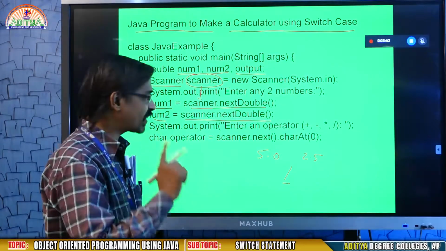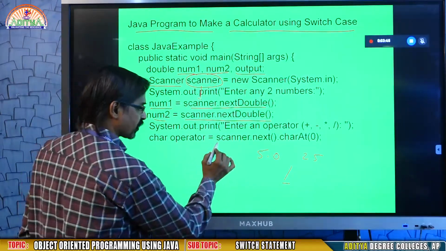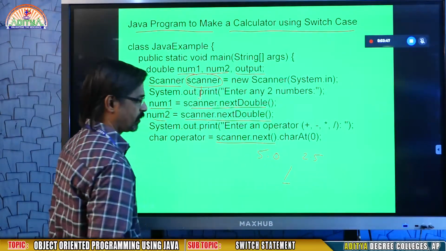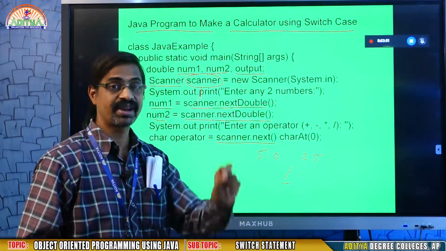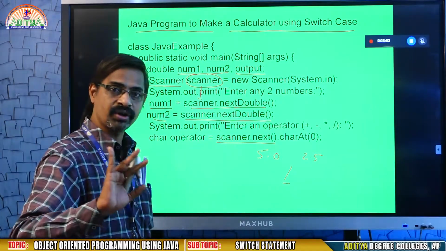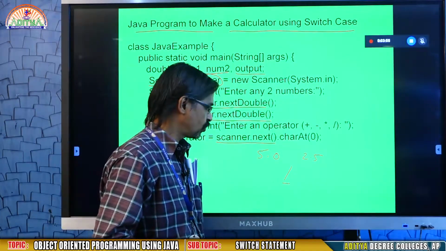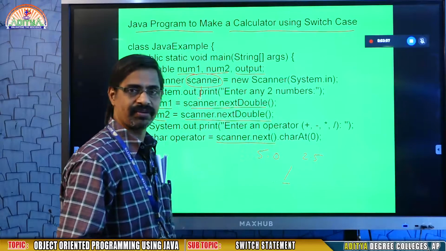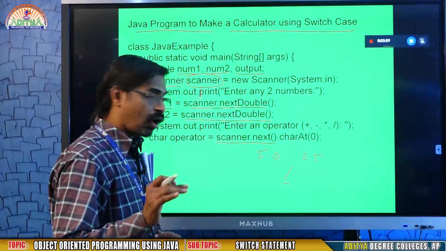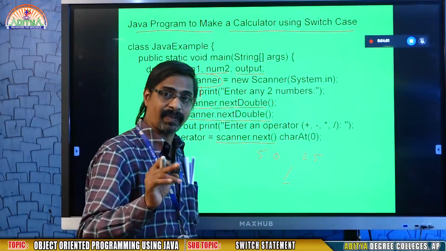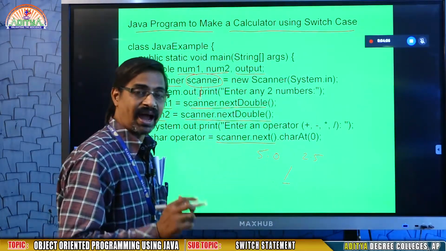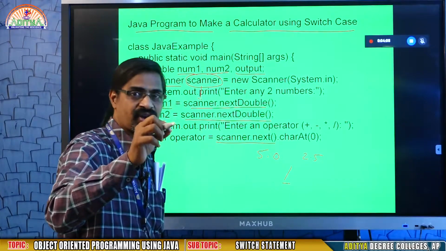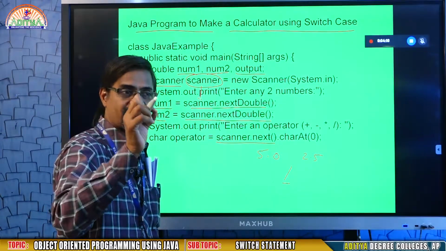So for reading it I am using scanner.next(), which takes a string. I don't want to give a string, I want to give a single slash, so I need the first position character.